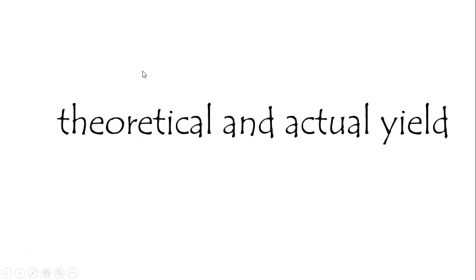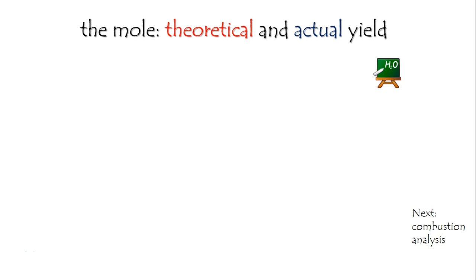Theoretical and actual yield. When you actually perform a chemical reaction, things don't typically go according to plan. The actual yield is oftentimes much less than the theoretical yield. Interestingly, it can also be a little bit more than the theoretical yield, meaning that your stuff is typically a little bit wet. So the theoretical yield would be the maximum you could possibly make, whereas the actual amount is